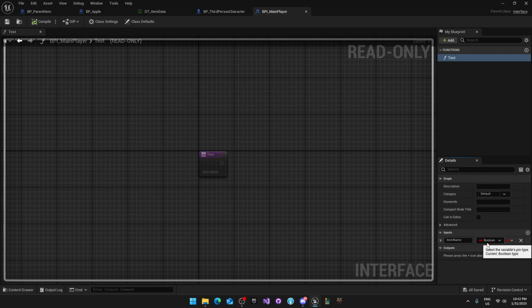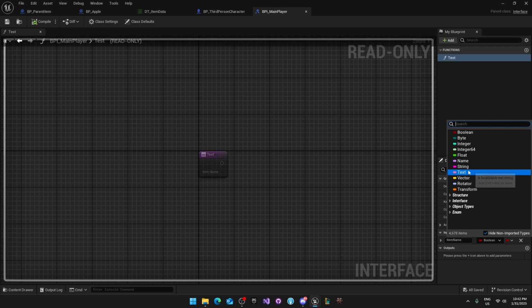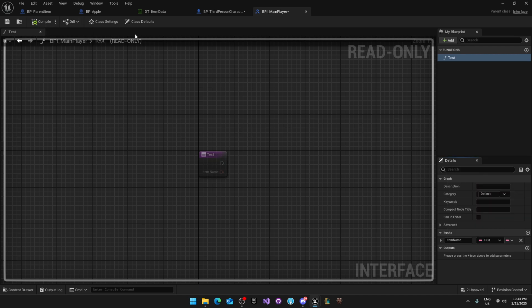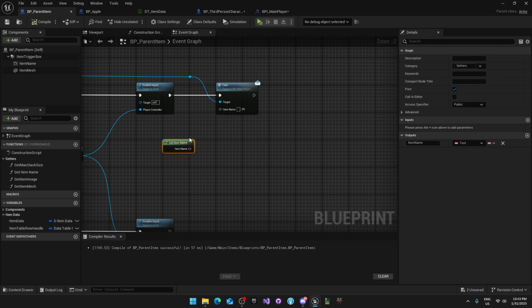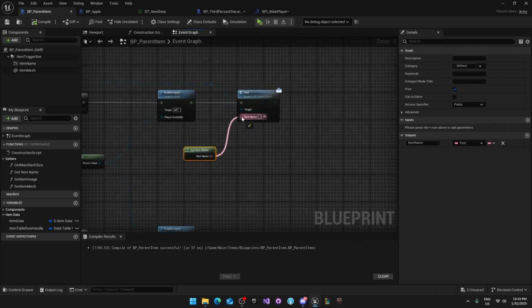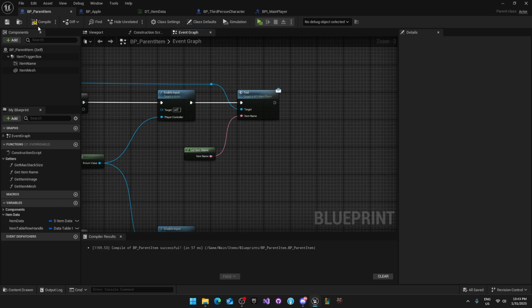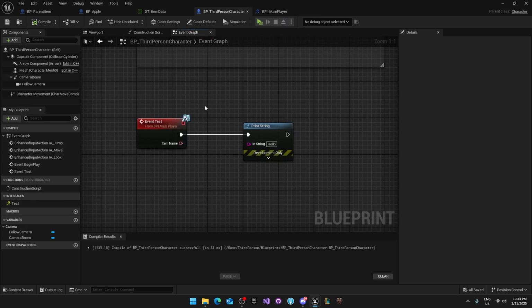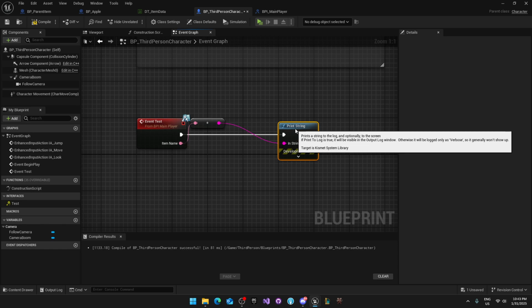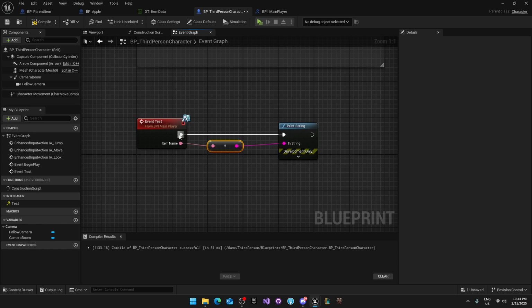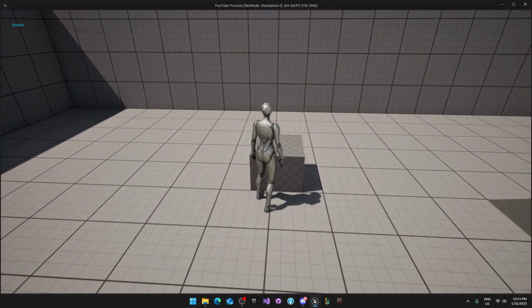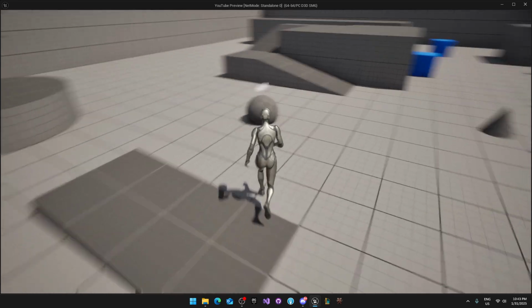So most likely, this doesn't have any real values. It's more for testing purposes. We're gonna set this to a text, and now if we go into here and we plug that there, and then we go into third person character, now we can basically show what we are overlapping, right? So if we play the game, a banana, an apple,